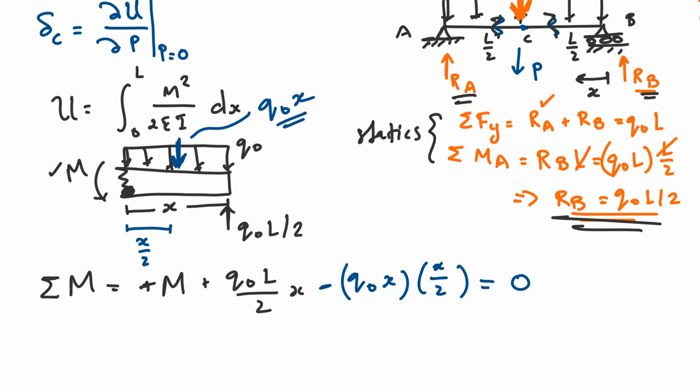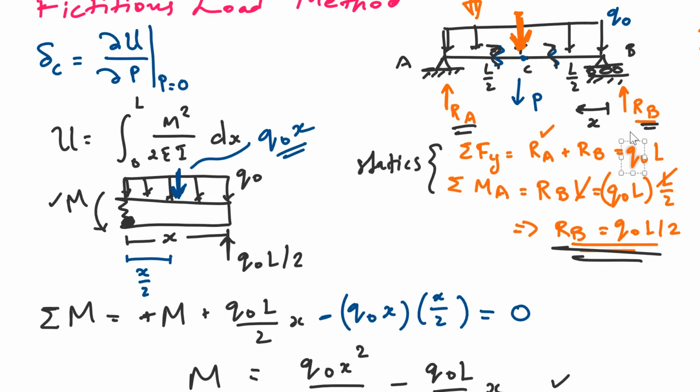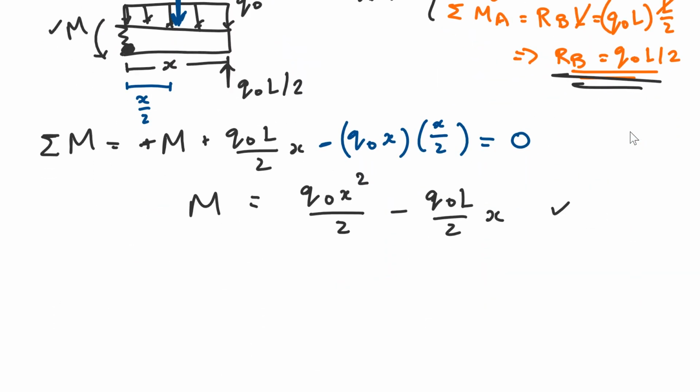Okay? So from this we solve for m, and m is nothing more than Q naught x squared over 2 minus Q naught L over 2x. Okay? There we go. And now we do the same procedure over here in this cut. So let me just draw it out. We have this guy,